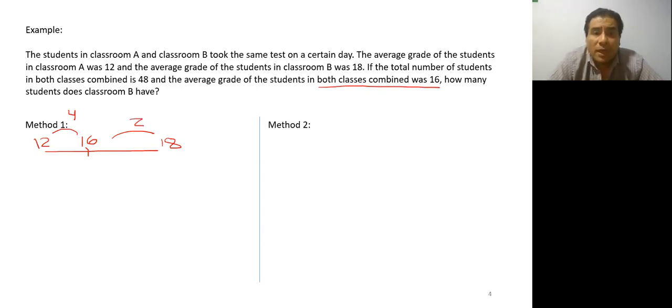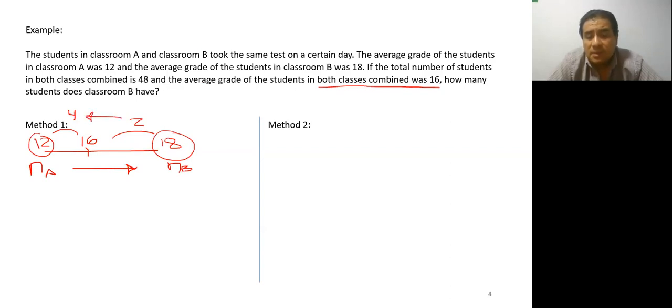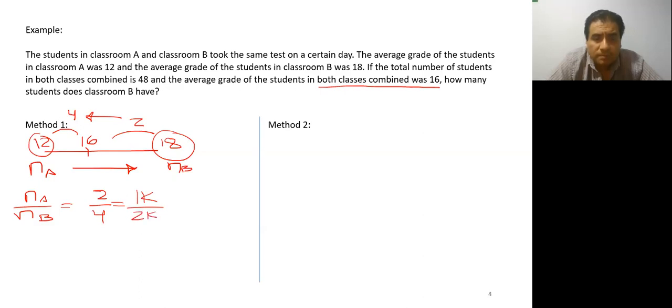On the other hand, the weights for the respective scores of each classroom could be considered the number of students in classroom A and the number of students in classroom B. So that in this case, there is an inverse proportion between the weights of the scores and the differences of the scores from the average. So we have NA is to NB as 2 is to 4, which means 1K over 2K. Since we're told the total number of students, that is the sum of these two,